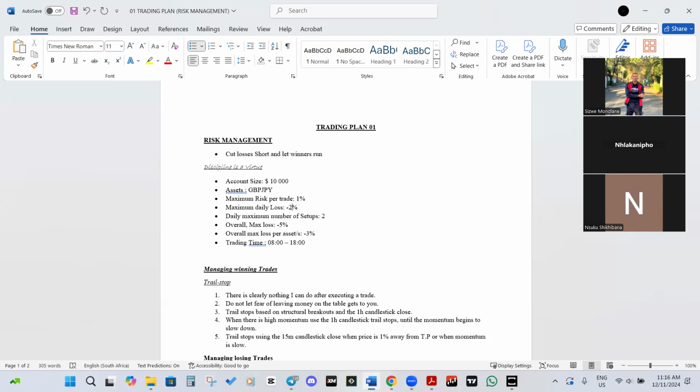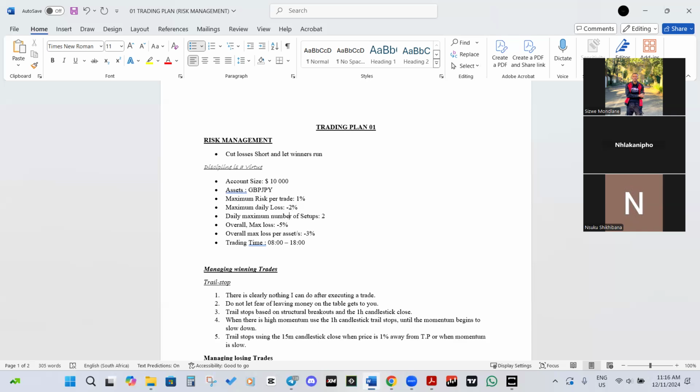So this is like an agreement. When you check on the prop firms, they have a maximum daily loss of 5%. But from your side, I recommend you have a lesser maximum daily loss. From my side, it's 2% per day. So if I lose 2% on my equity per day, I'll stop trading. Meaning if you take two setups and they all go to losses, then you must call it a